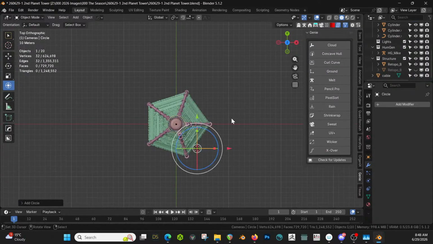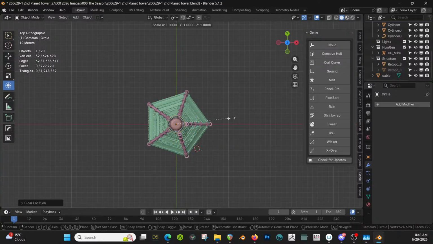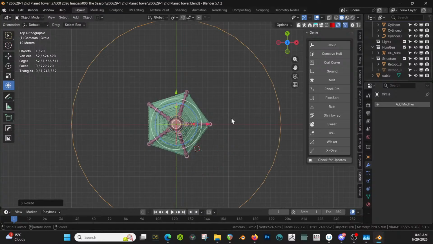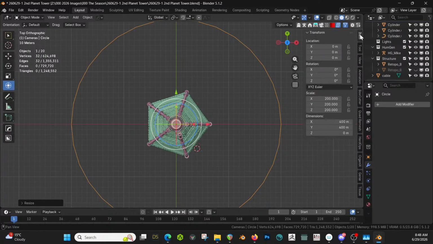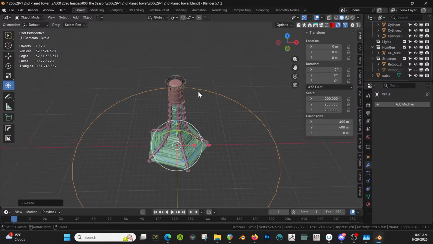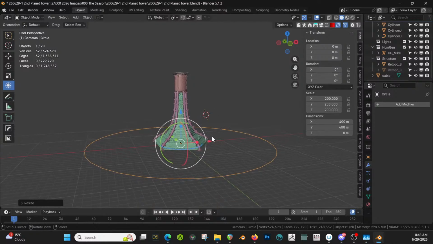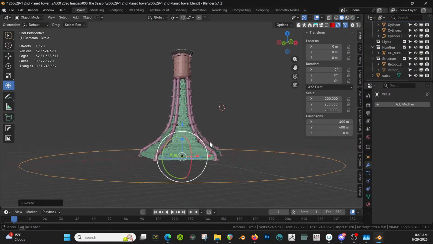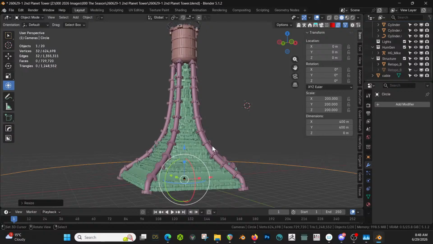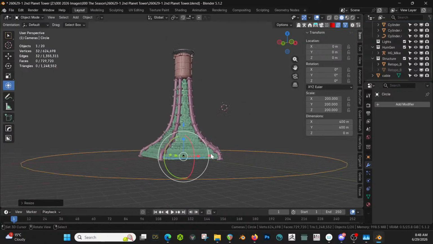Circle. S 200. So that's a 400 meter, right? Yeah, 400 meter radius circle. Not very large. I mean, like quite large, but our tower's huge. I might change our tower down a little bit, although I do like it big too. I do like it big. So if we're going to keep it big,